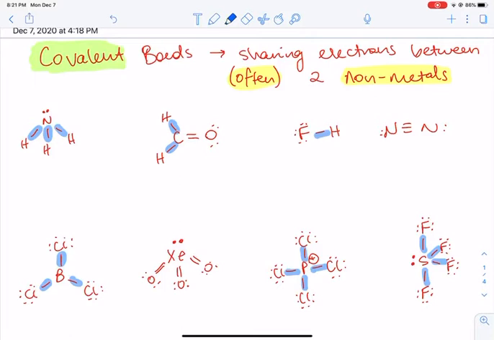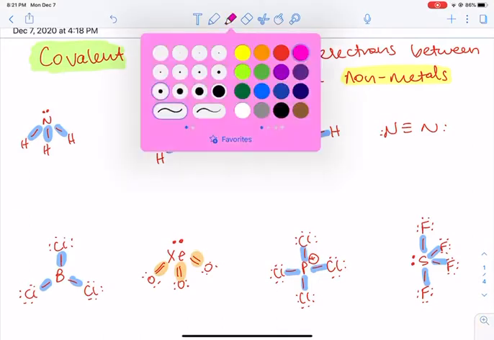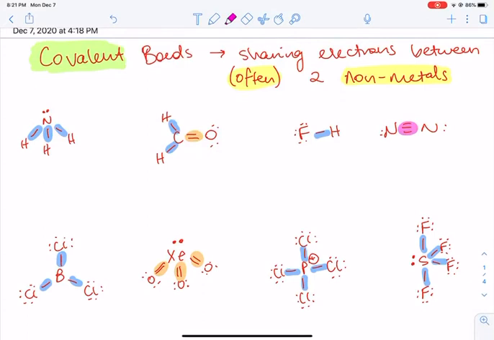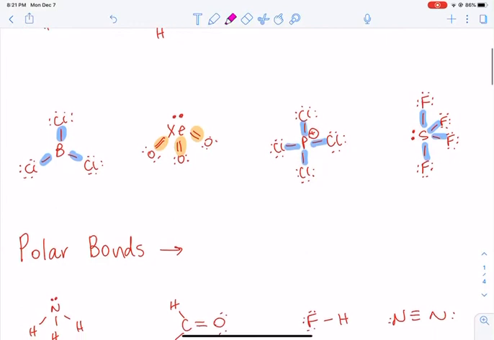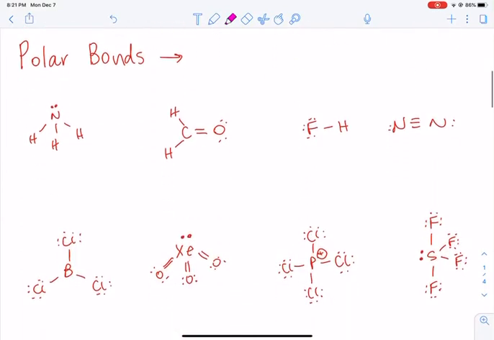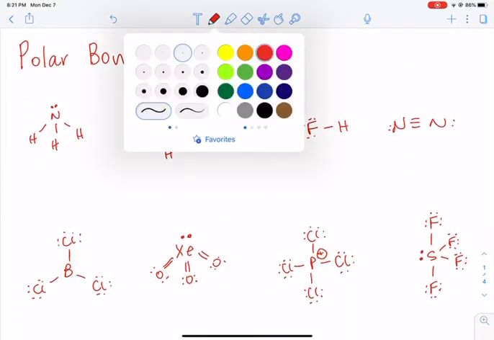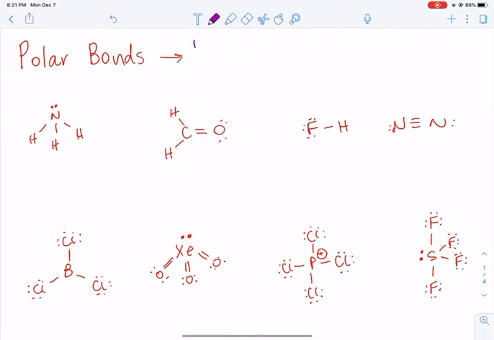You can have, you guessed it, double covalent bonds, which I'm showing here in orange. And you can also have triple covalent bonds. And that's the types of covalent bonds that there are. Now, what we need to think about also is what is a polar bond. So we can have polar covalent bonds